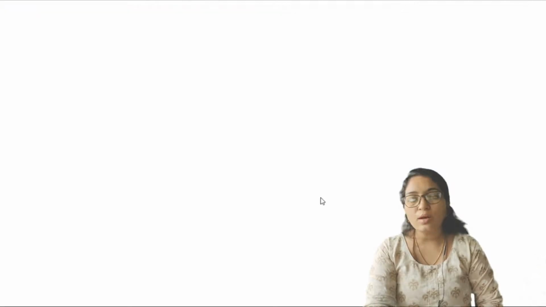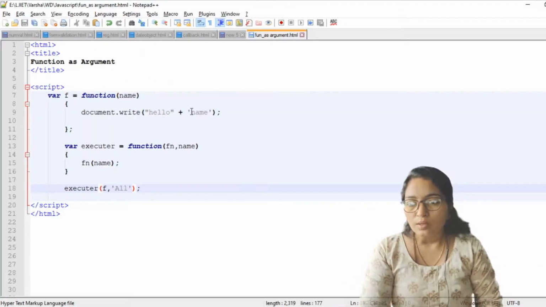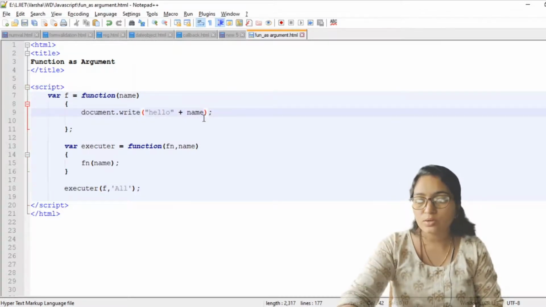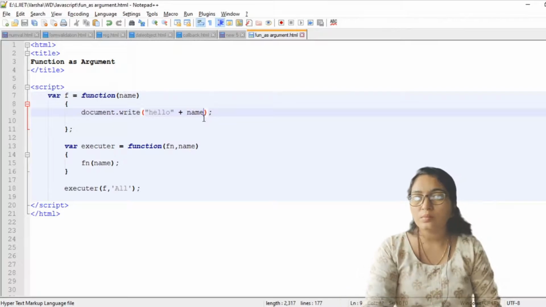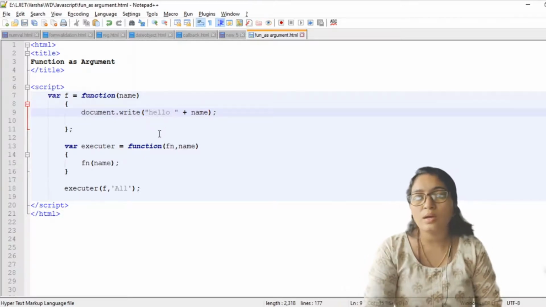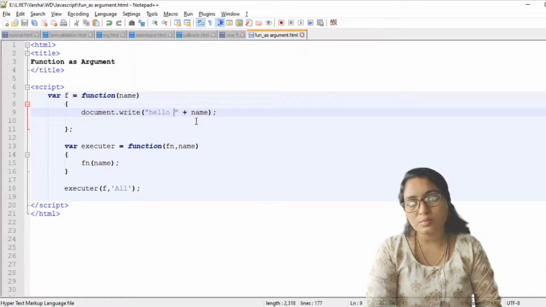Okay, now just execute this. You will have the output hello all. Sorry, it is passing it as a name. Let's see what the problem is. Okay, I have quoted this. I don't have to quote this. That's why it is not showing. Just see the output. Okay, here is the output hello all. And if you want to give a space, you just have to give a space over here and it will print hello, and between them there is a space.